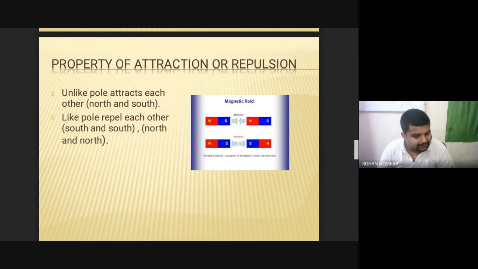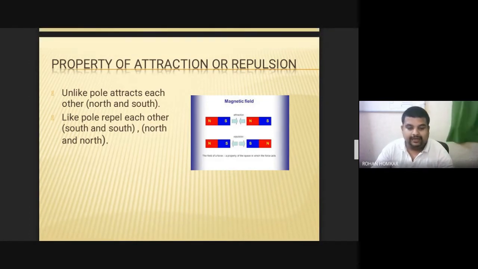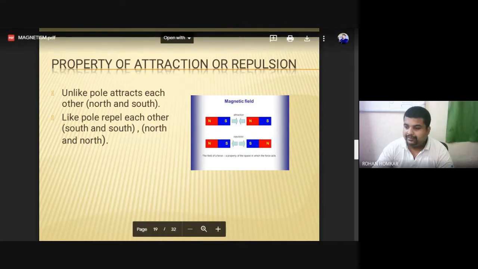But this also happens if a magnetic material is being attracted towards the magnet. So we cannot understand whether this material is a magnet or a magnetic material. Now what is the difference between them? A magnet has its own capacity to attract magnetic materials. And what is the definition of magnetic materials? The material which is attracted towards magnets is called a magnetic material.